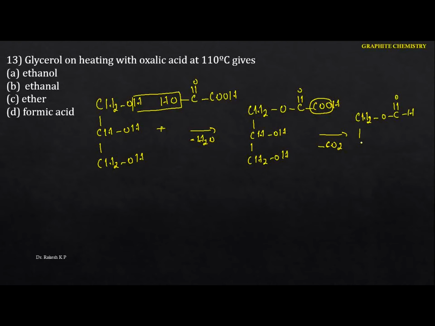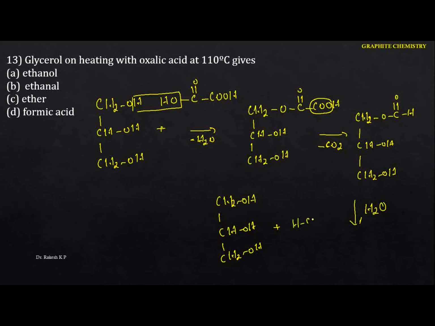Okay, and the next thing is the CH, that is the OH, and here it is the CH2OH. So this reacts with water, because in the first case the byproduct will be water, hence here we are going to get glycerol again. Okay, and the next thing is the byproduct, that is formic acid. The byproduct is formic acid. Okay, now it gives you the formic acid. Okay, so next one.